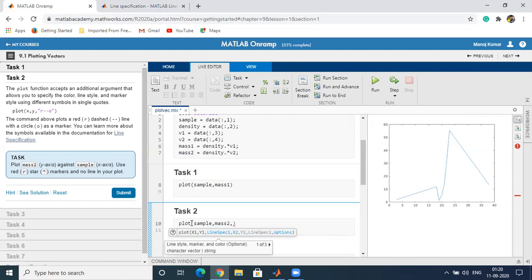we have to give a line specification, so we can use the red color and the star.